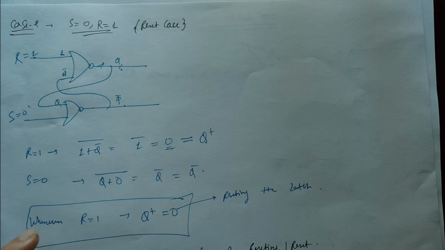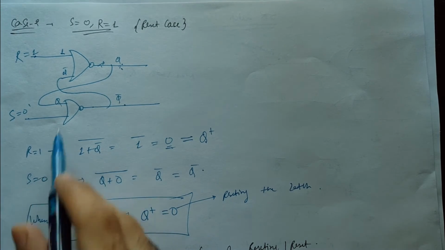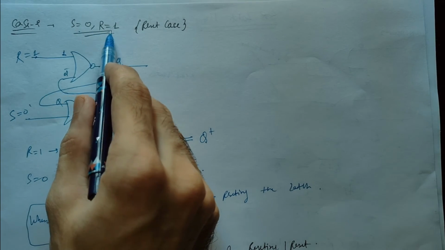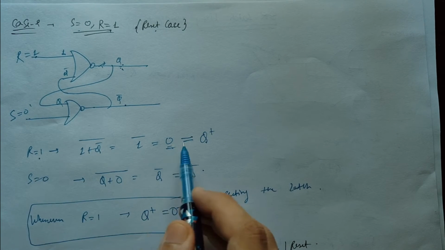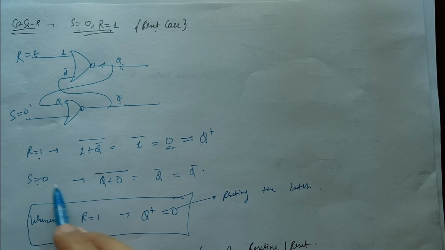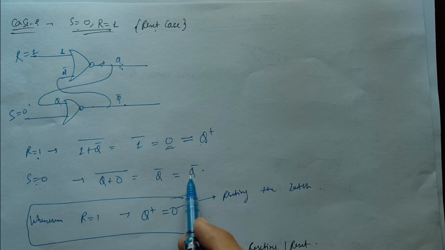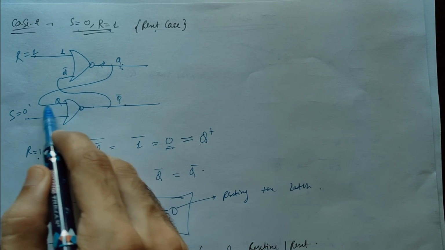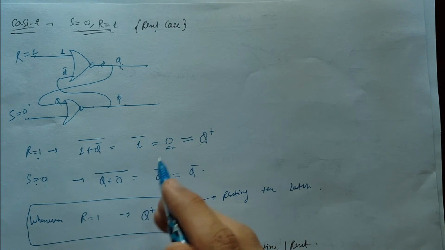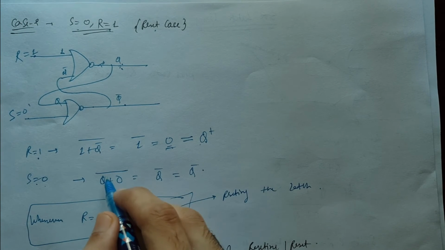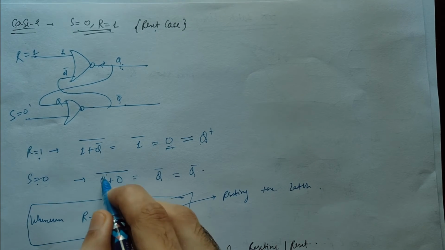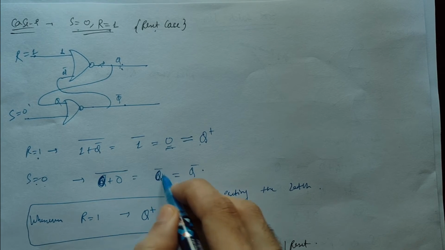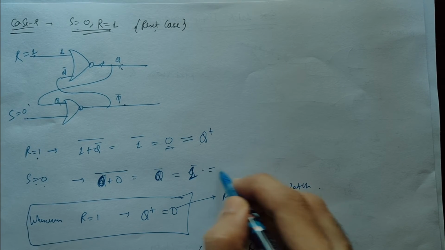See, here I have written for case 2, S equals 0, R equals 1, the reset case. I have written when R is 1, Q plus is 0. So S equals 0 would lead to (Q plus 0) bar, Q bar, which equals Q bar. Or we can say now Q plus is 0. So what would it be? (0 plus 0) bar. Q is 0. In this case, Q plus is 0. So 0 plus 0 bar would be 1, which equals Q plus bar, right?